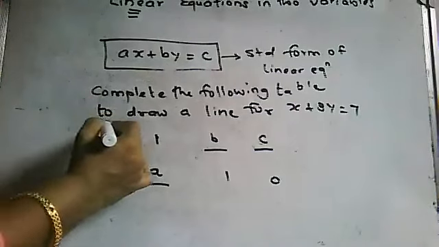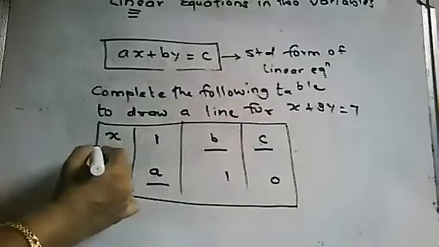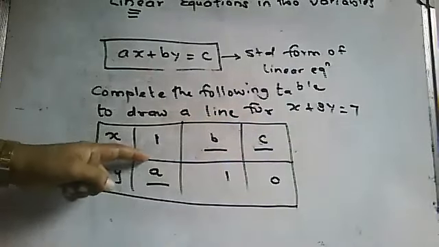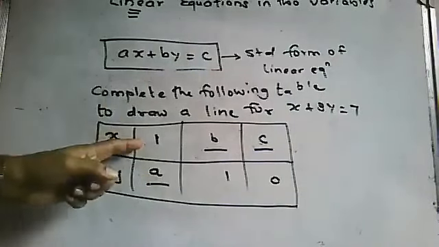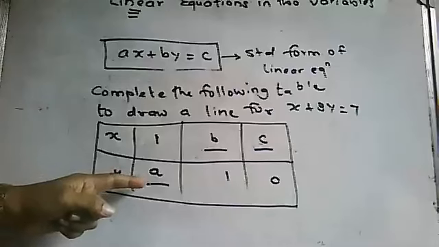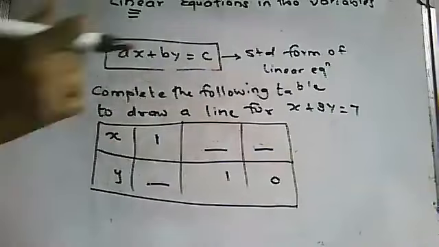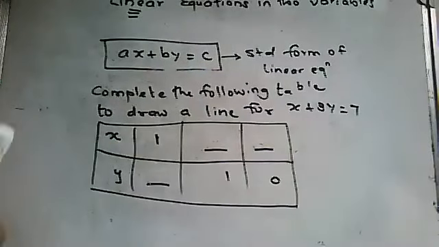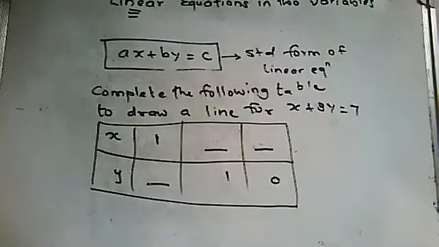This is the question. Complete the following table. Complete means they have given incomplete terms. I will show you actually. But this is the type of question they may ask you. What will be there in this place? What will be there in this place? What will be there in this place? Anyone? It's very simple, students. What will be a? Now you know this was a, b and c. Do you want to give the answer for a?